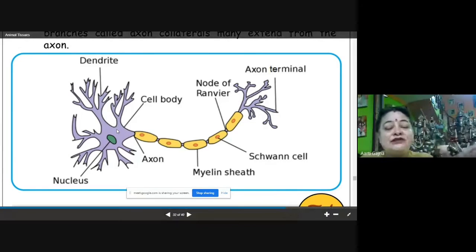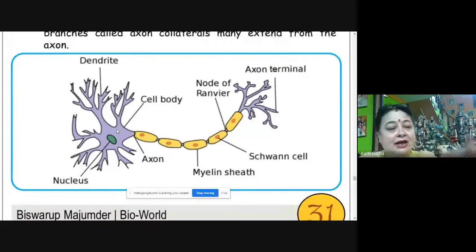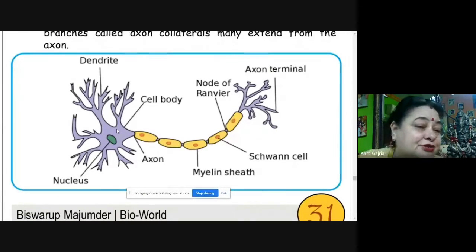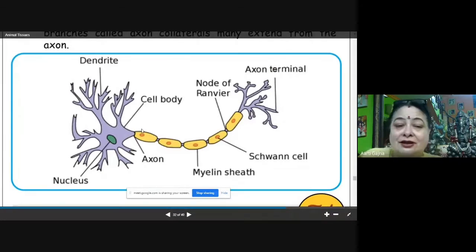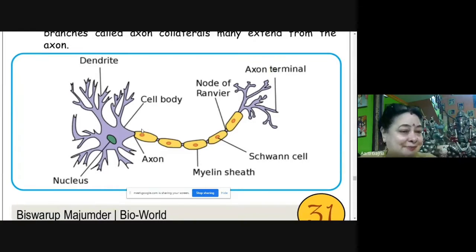The neurons are passing the message from the brain to different parts of the body. They are receiving the message from different parts of the body and taking it to the brain. And then the brain is ordering what has to be done. So the controlling bodies are the brain and spinal cord, and they are controlling all the activities of our body. But it is so fast that we really don't realize.